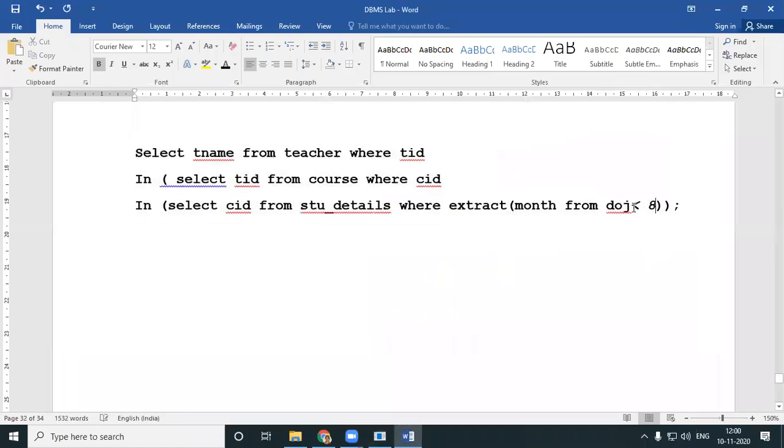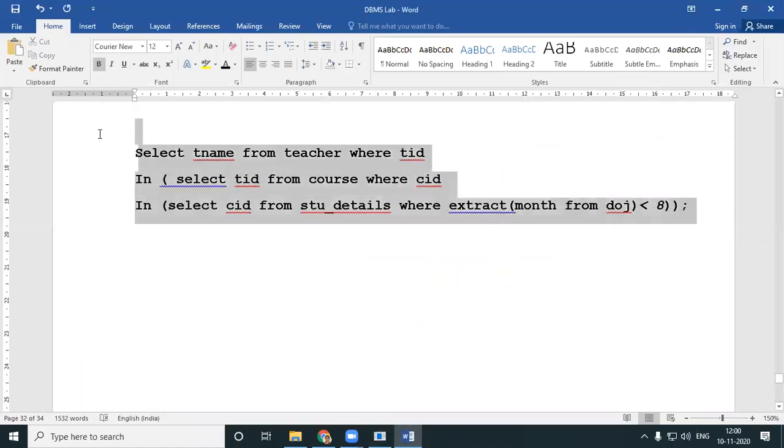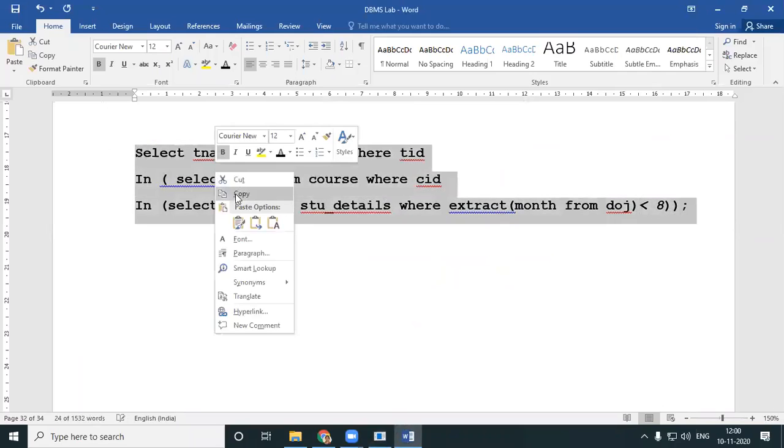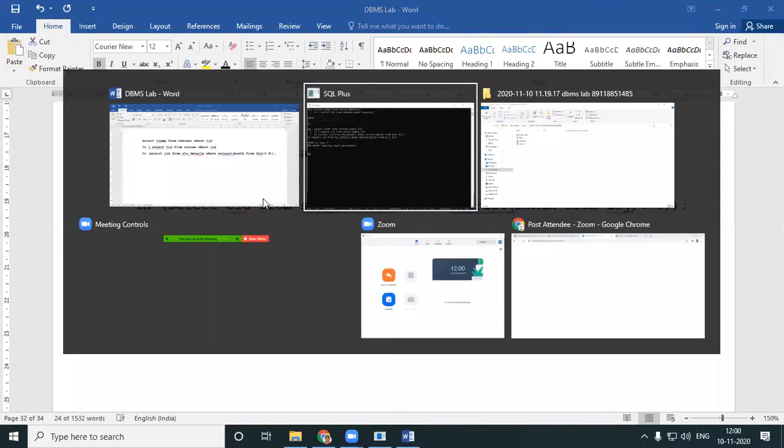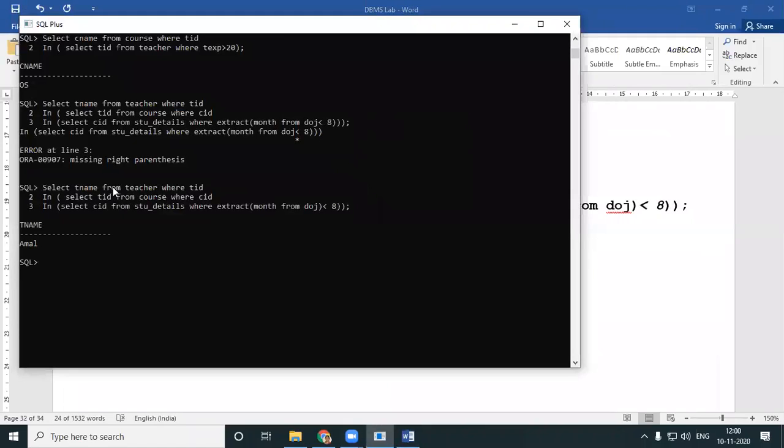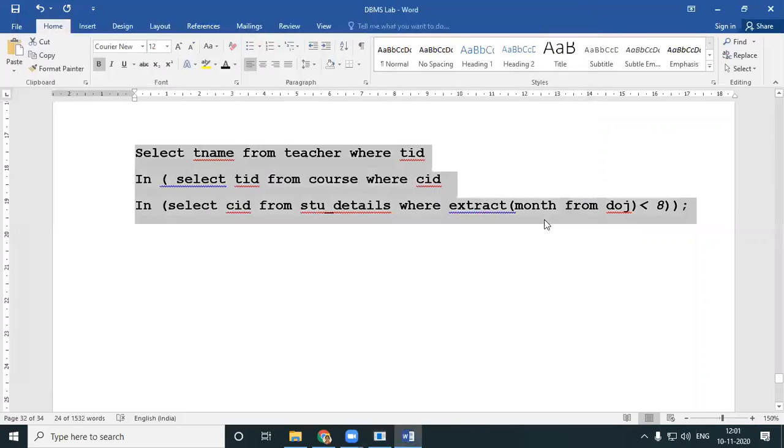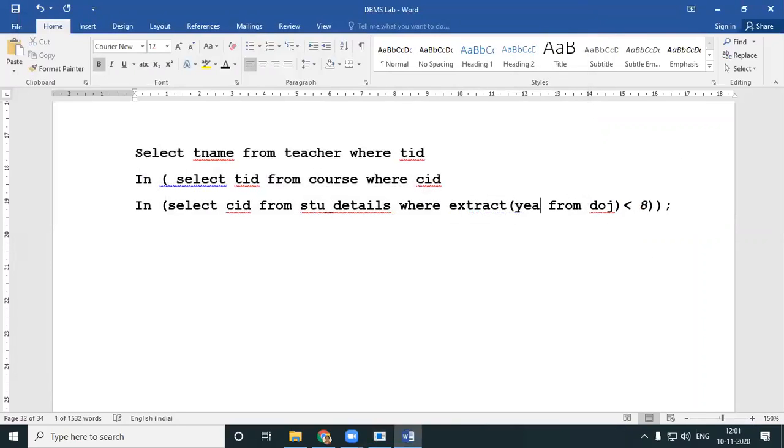The bracket from extract month from DOJ. Now it looks better. See that this bracket comes after month from DOJ. Similarly, you can even do year. Extract year from DOJ is less than, let's say, 1980 or whatever, which you can work.